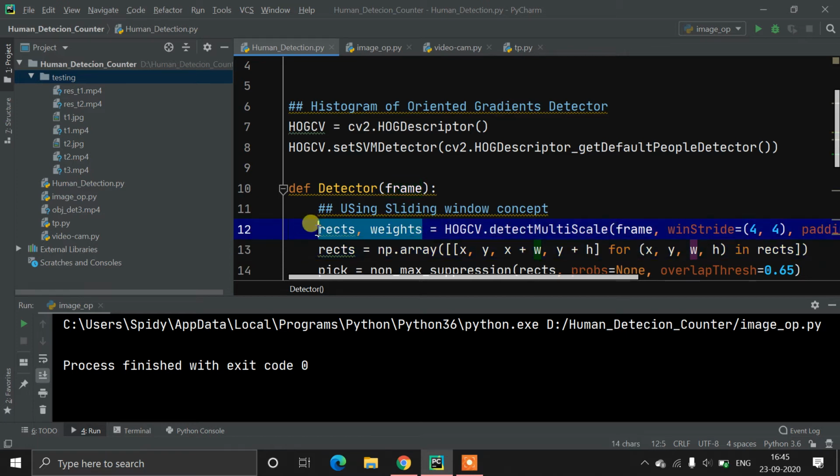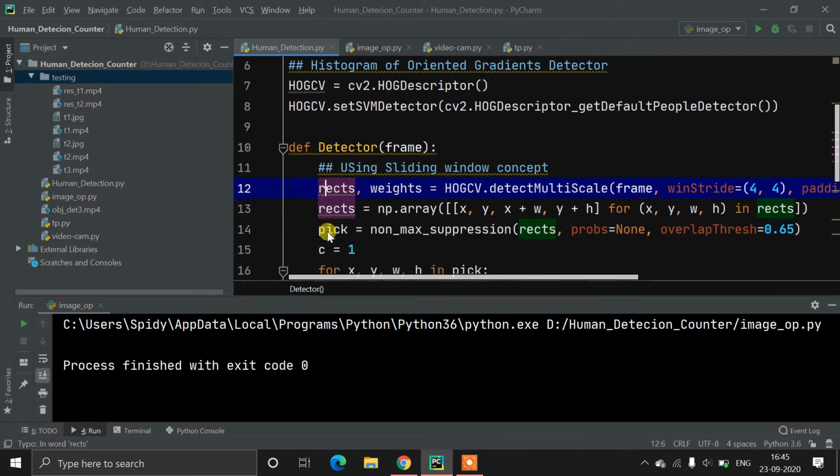It will return two things: rectangles and weights of that object. A rectangle simply means a box, the values of the coordinates. With that box coordinate we can draw the rectangle using CV2 on that object. This point is important. Weights are not important for now, but still we are unpacking all the values.